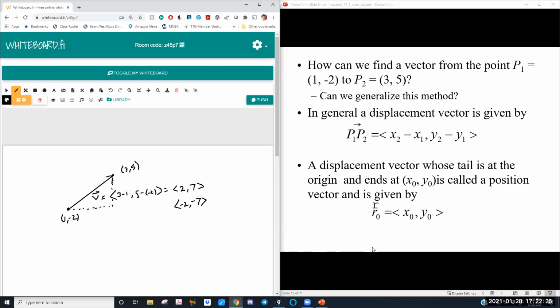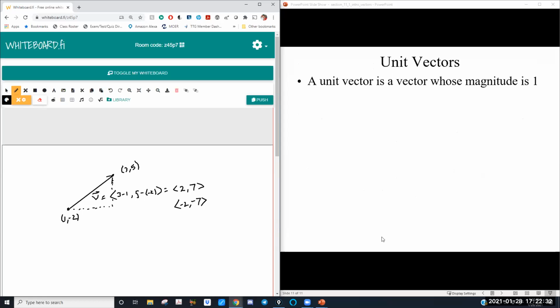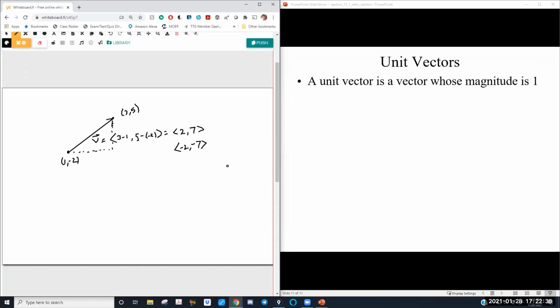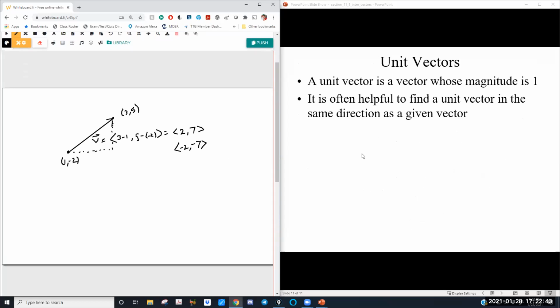All right, one last thing I want to talk about before I cut you loose. Unit vectors. Unit vectors are a very important part of the stuff we're going to be doing today. They're not overly complex. They're a vector whose magnitude is 1. All right, the reason we like unit vectors is they preserve the direction but take away the magnitude. So once we start doing some vector multiplication next week, we'll have a little bit more reason for why we care about unit vectors. All we do is normalize a vector.